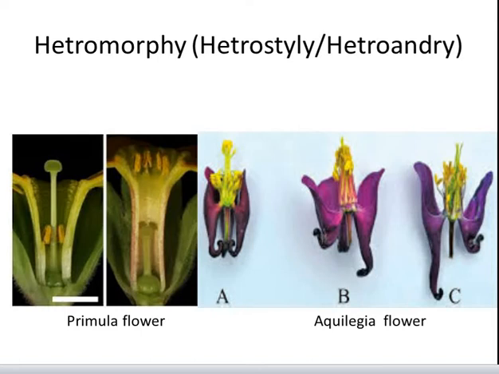In some plants like primula or primrose, there are two or three forms or types of flowers in which stigma and anthers are placed at different levels. This prevents the pollen from reaching the stigma and pollinating it. In heteromorphic flowers, pollen grains produced from an anther pollinate a stigma only if it is at the same level.